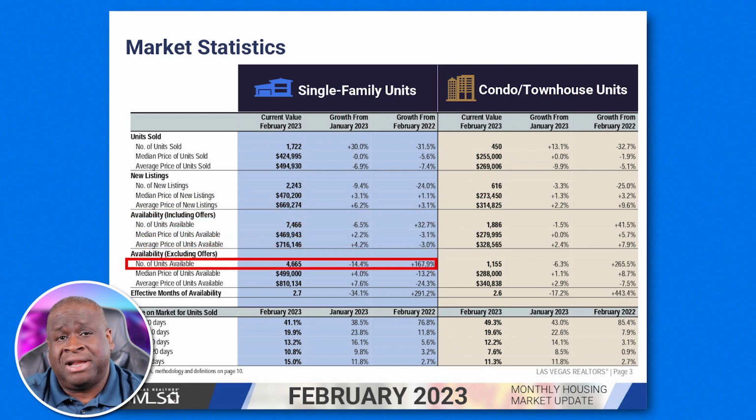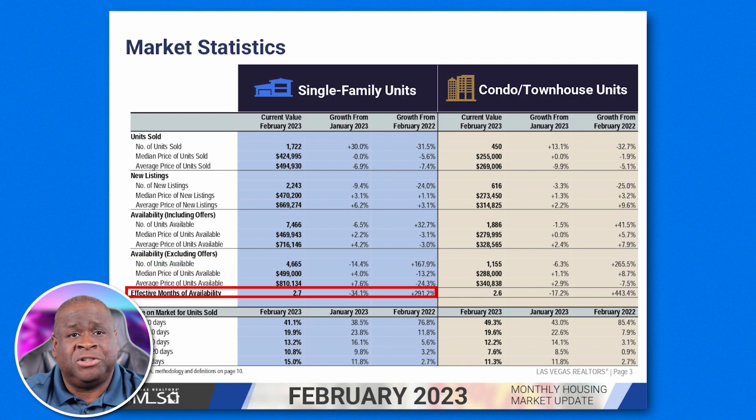Units available for last year was 4,665. I'm sure you've noticed a difference. We have a lot less. Effective months of inventory is 2.7 months. Just real quick, where they come up with this effective months of inventory, it's the sales against what's on the market. So if everything were to go now and nobody were to list a home, period, it